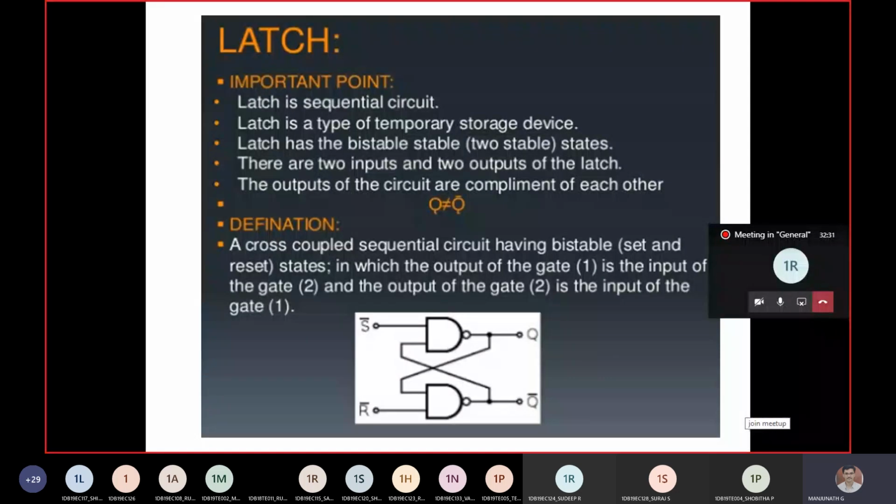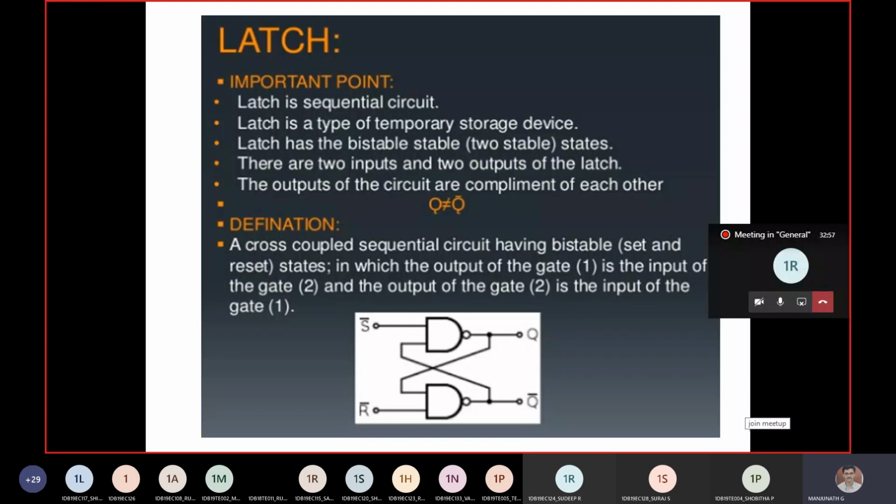I think in the beginning slide I showed one diagram on inverter. Which gate is present here now on the slide? What gate is it? NAND gate. Yeah, good. So here they are going to ask you to realize the latches. Different types are there, like SR latch and D latch. We will go with this. They will ask you to realize the latches using NAND gate and NOR gate.